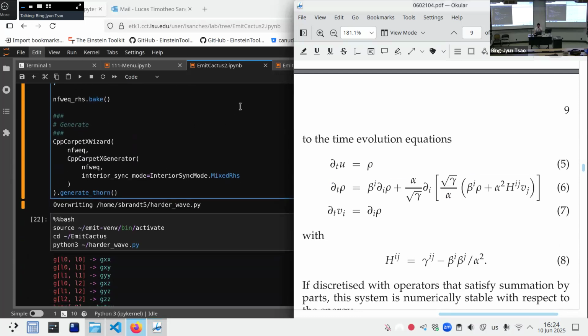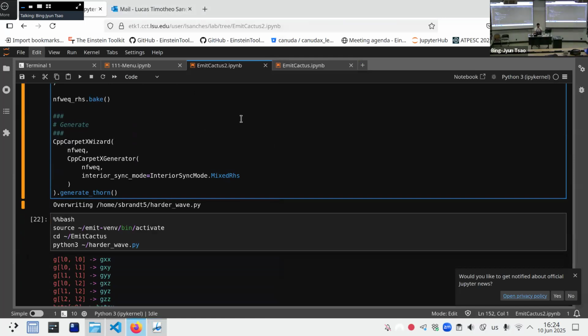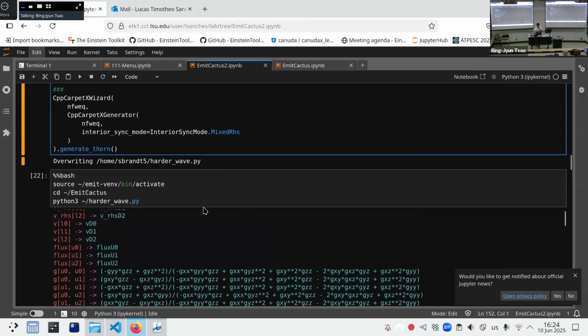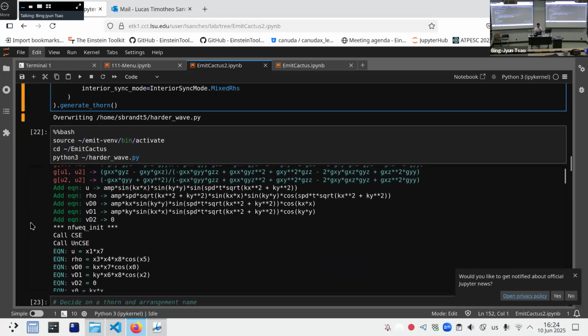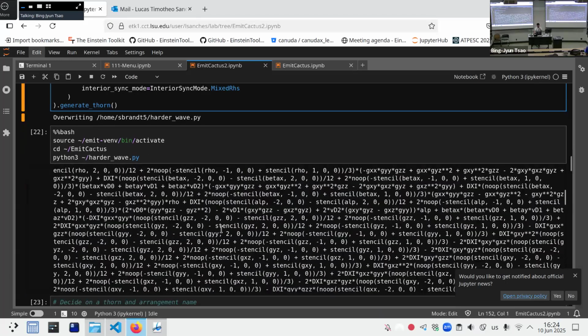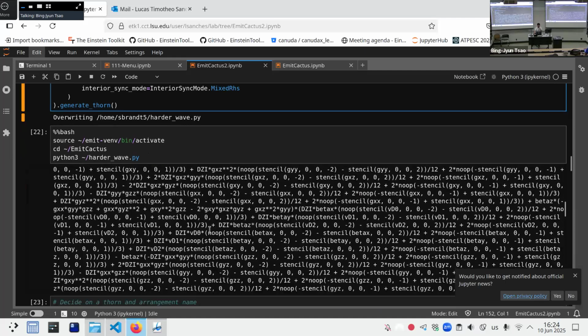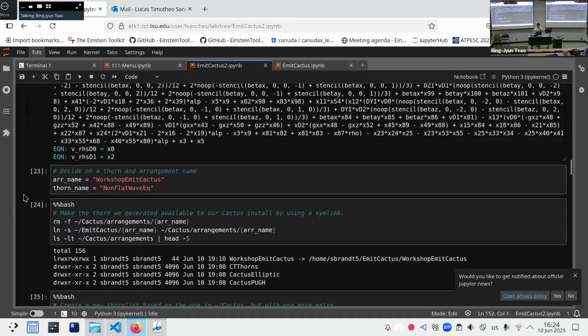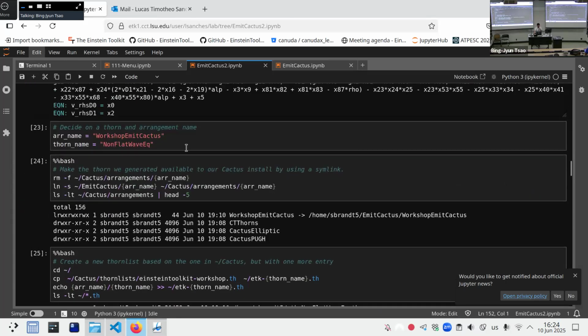Now, the rest of this notebook is just the usual song and dance of linking that to something that Cactus can see, compile, run, and visualize. So this is the output you get during EmitCactus's generation routines. It's going to tell you exactly what it's doing, the equations it's using, and so on. It's a big output. The section from here on out is just based on the EmitCactus.ipy notebook that everybody should have. This is just linking the new thorn against the Cactus build system, building the thorn.